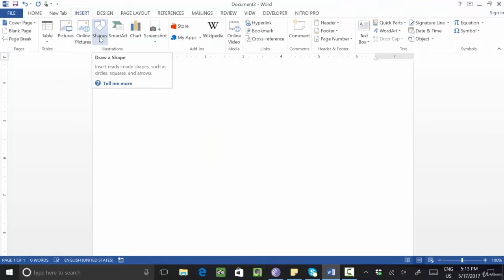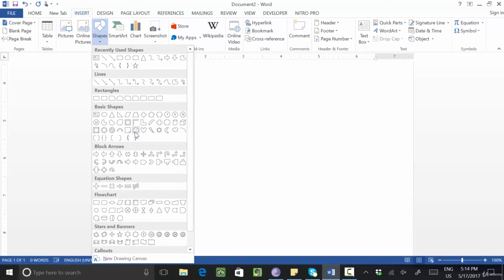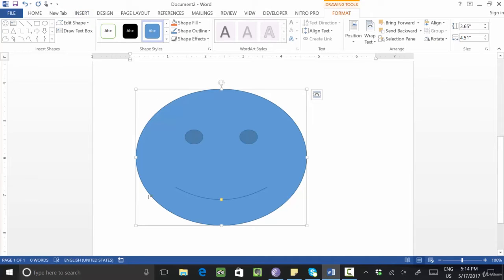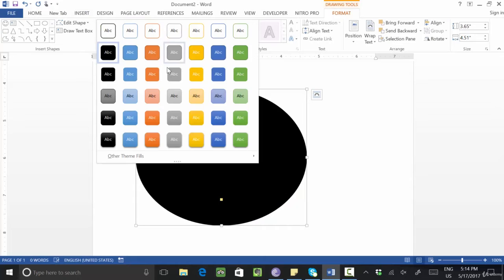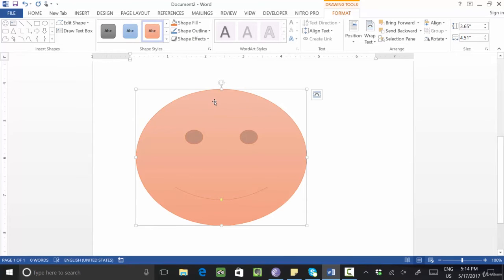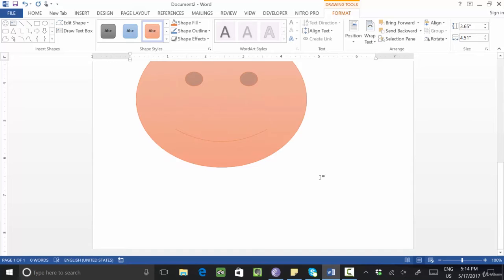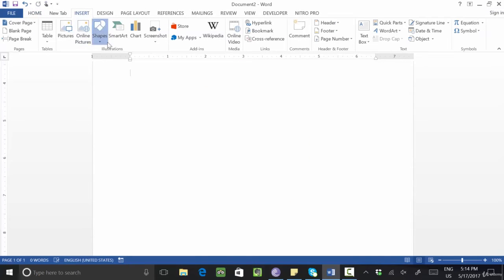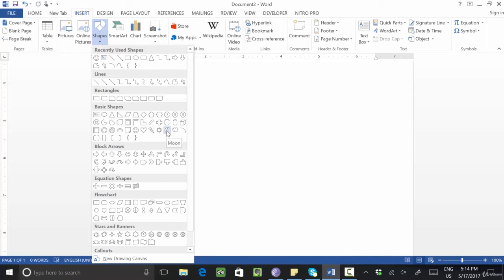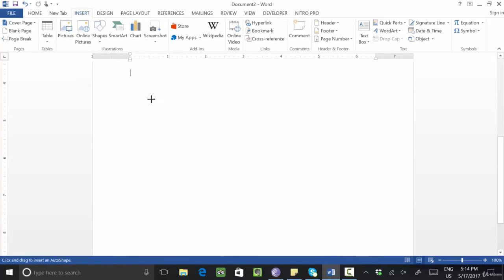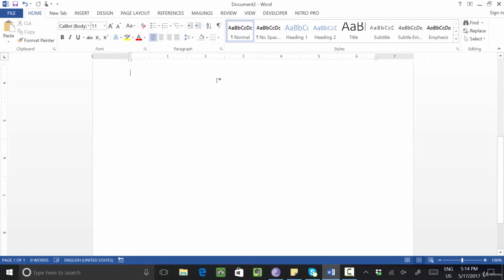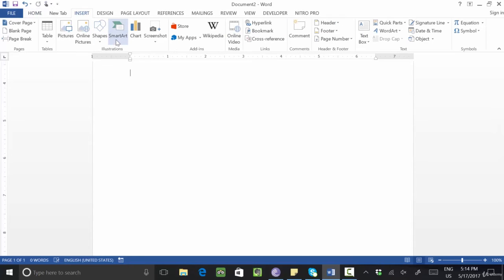Now you want to draw any shape, so click on the shape option and draw. Let's say I want to draw this shape, so you see shape is coming. Okay, so now you want to change the color, so you can change the color also from this way. Clear? Okay, clear or not? If you want to click on any other shape, let's say I want to draw this, you see this shape will come. Clear? So any shape you can draw, it is your choice.